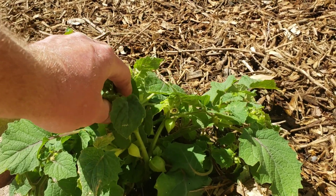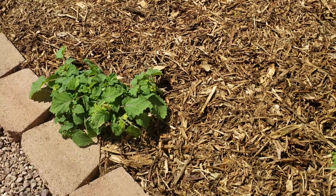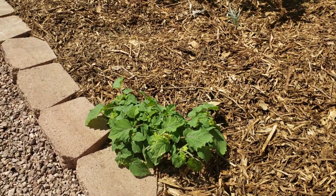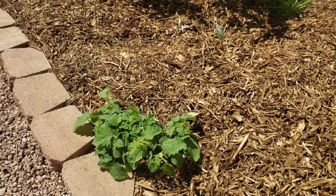I want to give a shout out to Diana from Garden Love over in California, because she and her daughter Lily really like these. We're always talking about them. I'm growing them here